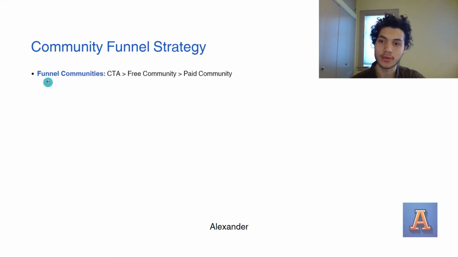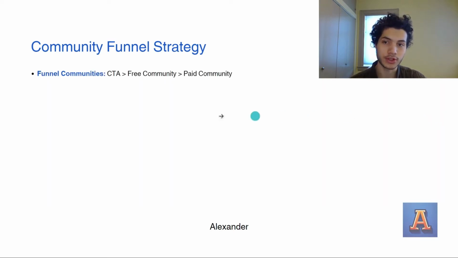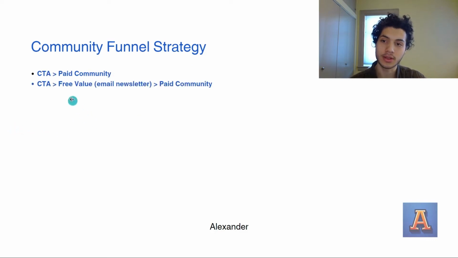So you'll have funnel communities, where you basically have a call to action, a CTA. Let's say you're a content creator on YouTube, you have some kind of call to action to join your free community. So from that call to action, people funnel into your free community, and from your free community, they then funnel into your paid community. The benefit of which is that there is way less friction in this funnel strategy than there is in these